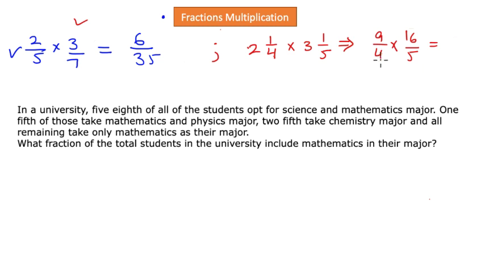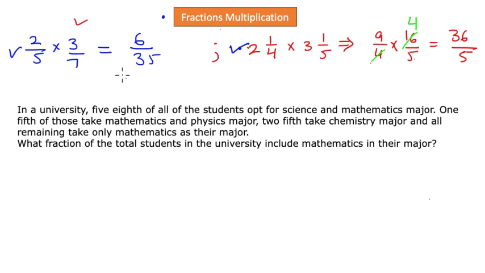But we can also get rid of any common factors we see between numerators and denominators, right? And we see that there is a 4, 4 cancels with 16, you get a 4 in the numerator. And that will give you our new fraction to be 9 times 4 will be 36 and 5 times 1 will be simply 5. So this is how you carry out your multiplication of fractions. You just need to remember to cancel out any common factors between numerators and denominators as you see them.